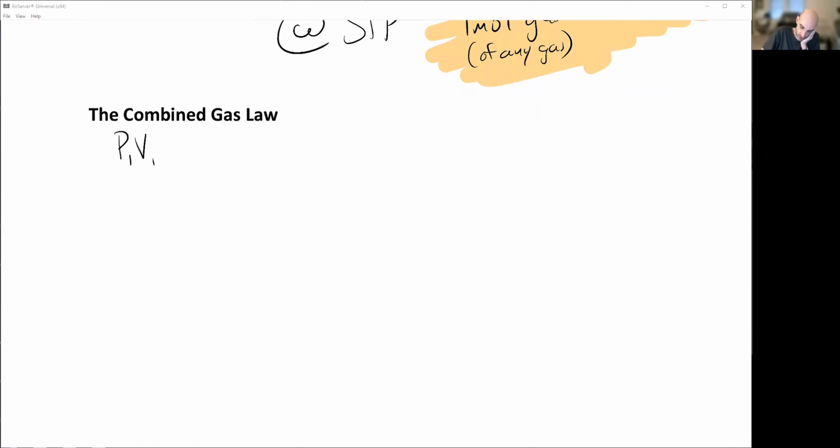So P1 V1 over N1 T1 is equal to P2 V2 over N2 T2. This is the combined gas law. Basically, you can always use this. If something is kept constant, you're just going to remove it. So if we do a problem that's at the same pressure, just remove the pressure component completely and